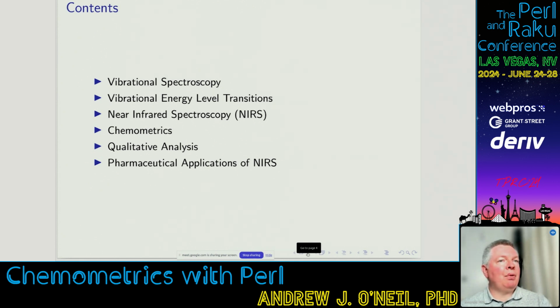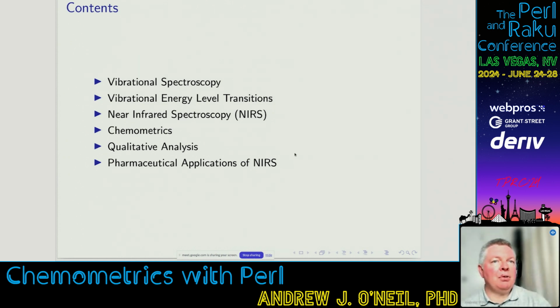The different types of vibrational transitions that can occur depend on the energy of the photons, so the vibrational energy level transitions. There's not a continuous distribution of transitions because it's based on quantum mechanics. It's sort of discrete energy levels between